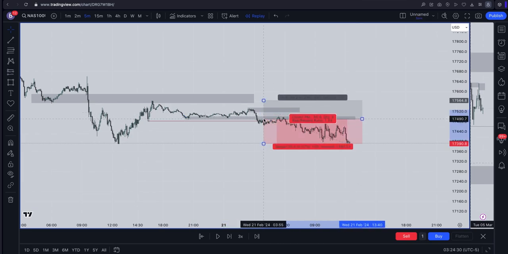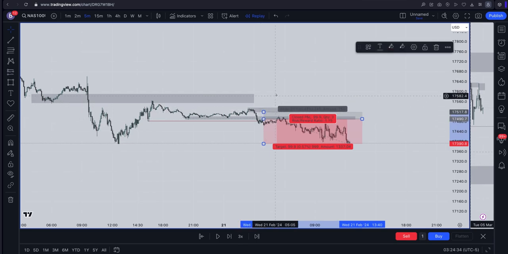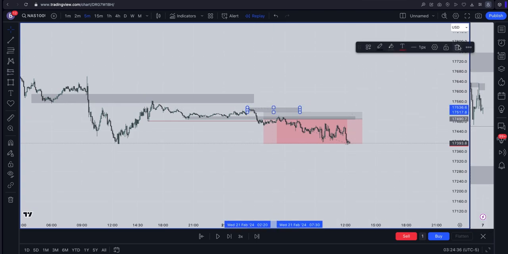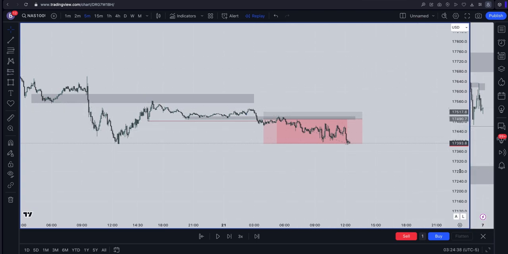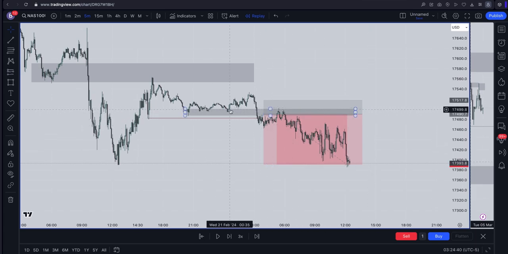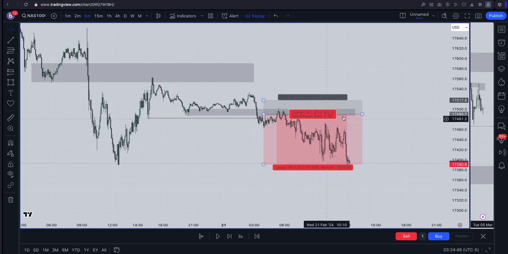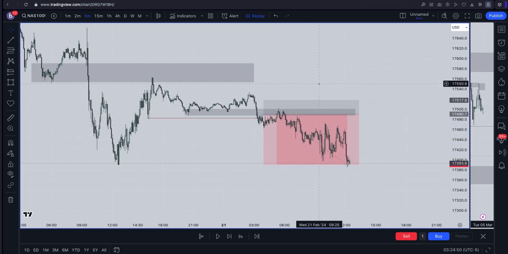So this breaker here will be your entry, then your stop loss will be here. So this could have been your entry. There was a breaker here, a low, high, lower low, right? So it's going to be an entry.